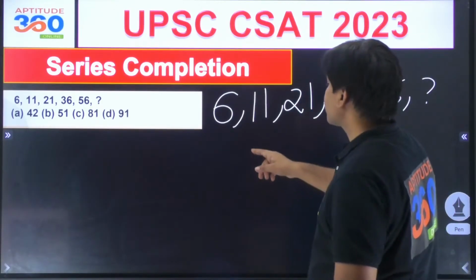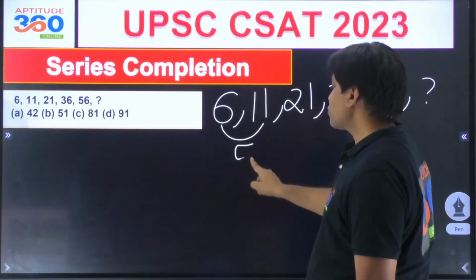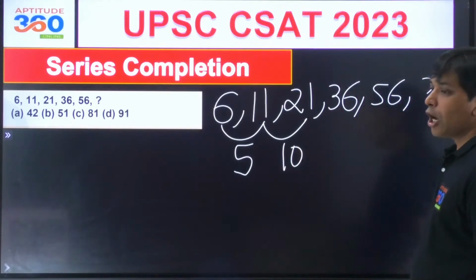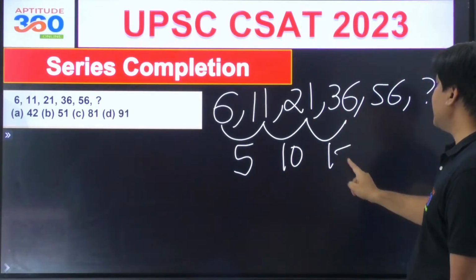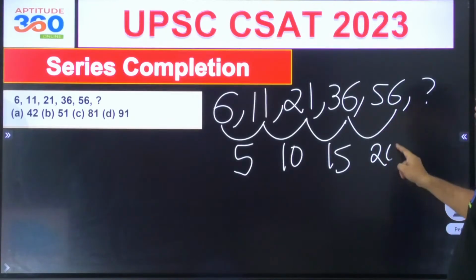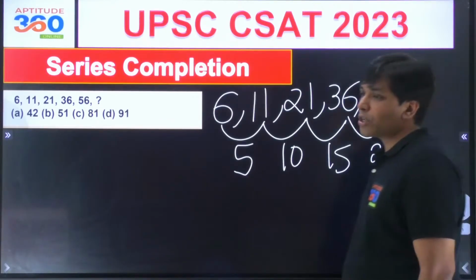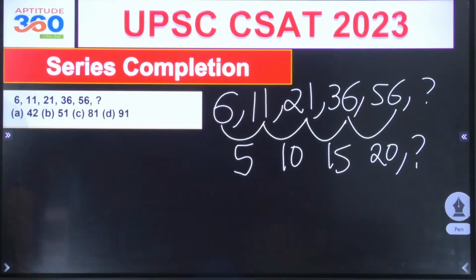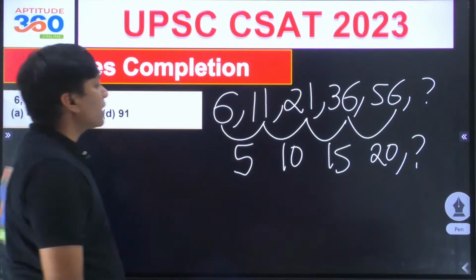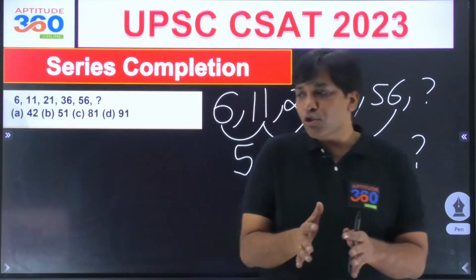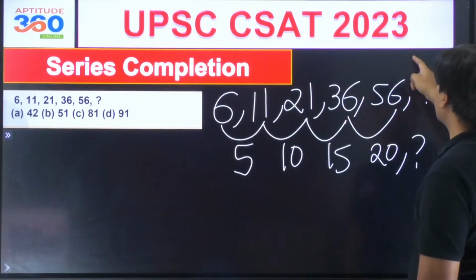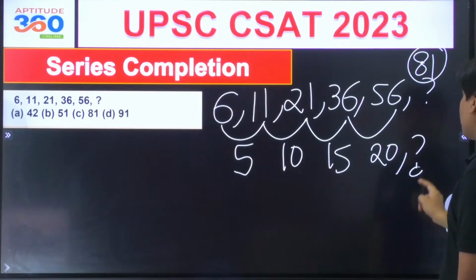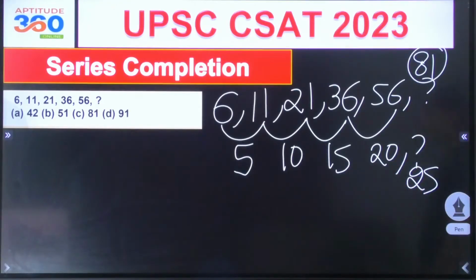चलो जी, how about this one is 5, isn't it? How about this one is 10. How about this one is 15, and then 20. So what is going to be this term out here is going to be nothing but 25, isn't it? And if you do so, ये बनेगा कितना, 25. So 56 plus 25 is going to be 81. So 56 plus what is this number? This number obviously will have to be 25, isn't it?